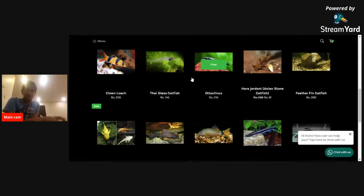Thin glass catfish will get eaten. Otocinclus, Asian stone catfish. That looks really amazing. I think I will have to do some research on that. Featherfin catfish is something I really want to keep, and I think that I can, but I'm not really sure how big they get. So if I can keep them successfully in a tank, well,